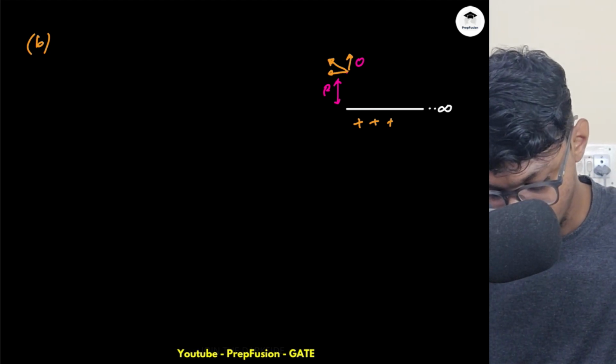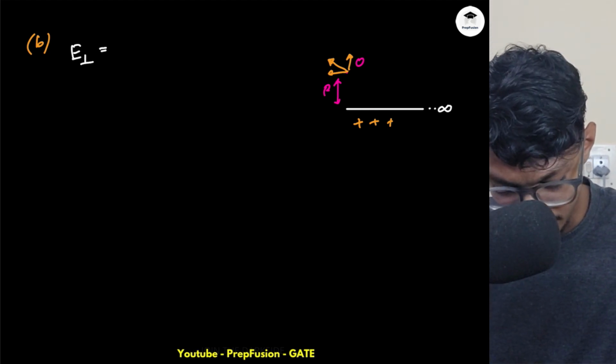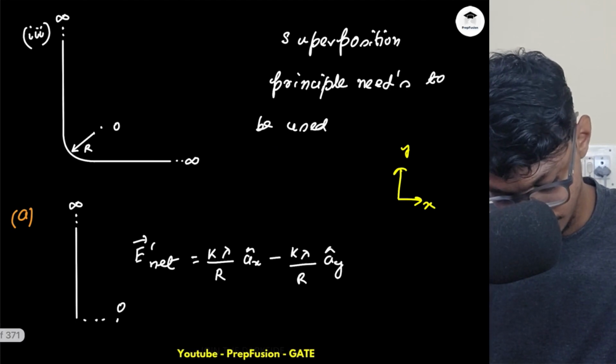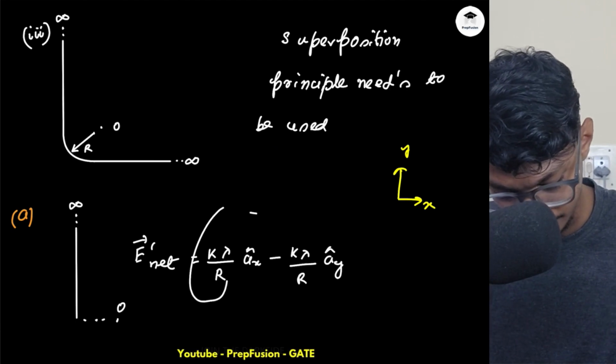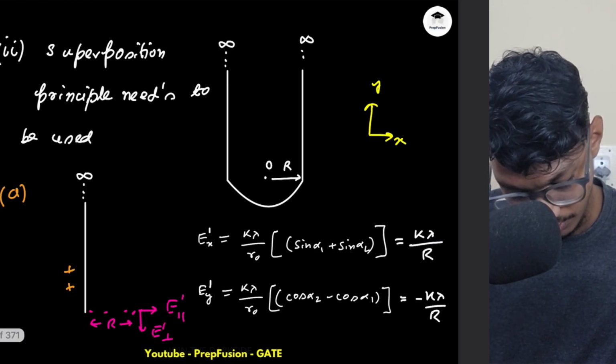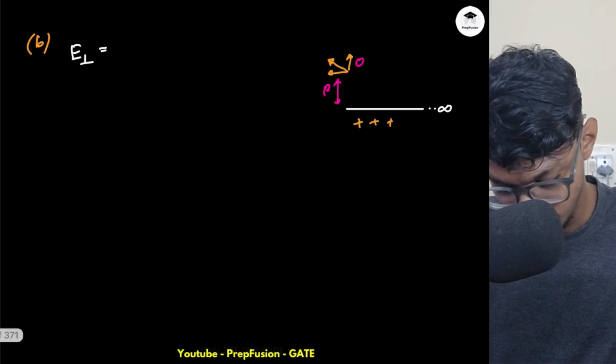It's better to write it in perpendicular and parallel. So the perpendicular component, the formula is same, this magnitude will be same, k lambda by r, like it was sin alpha 1 plus sin alpha 2. So one will be 90, one will be 0, so it will be